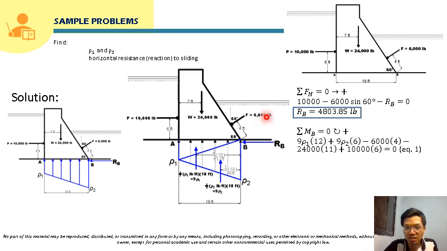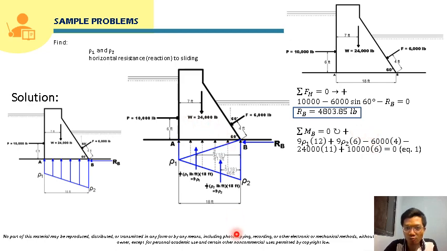Now for this 6,000 pound force, as we know, this is already a perpendicular distance. This has perpendicular distance from point B. So this 4 feet is the perpendicular distance of this force F about point B. So that will be the moment arm already. So that will be 6,000 times 4, and its rotation about point B will be counterclockwise, so it will be